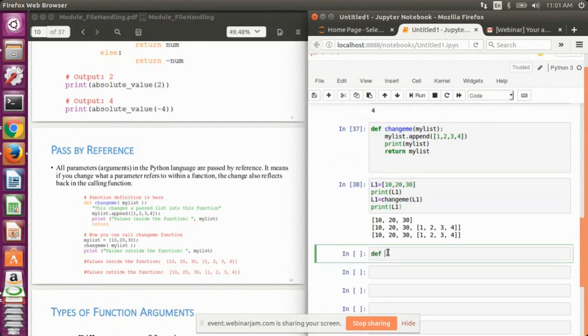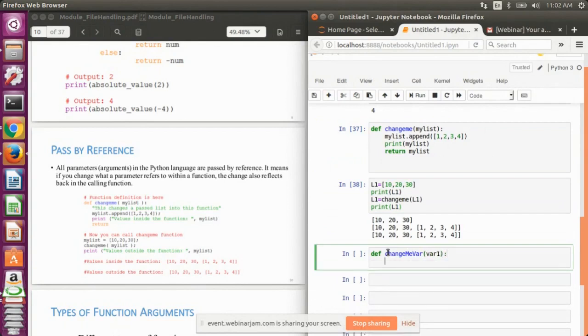Let me define another function, change me var. So suppose var1, I'm defining another function where I will be passing a single variable, and I will be making some changes to that particular variable, and we'll see by calling this function whether the changes are reflected outside the function or not.